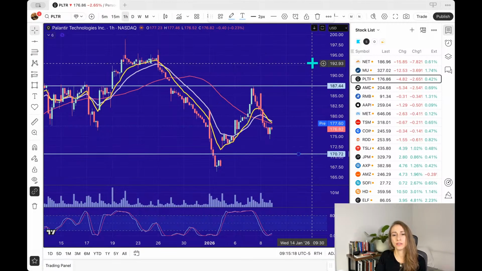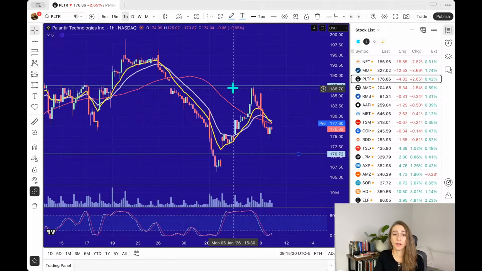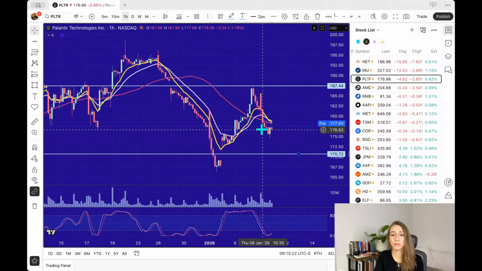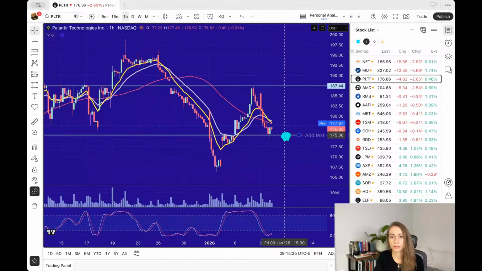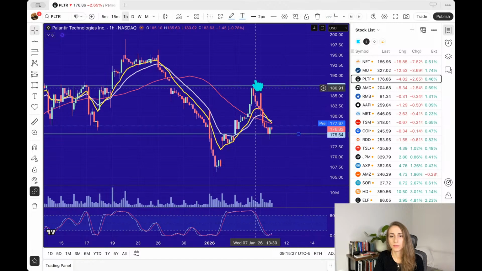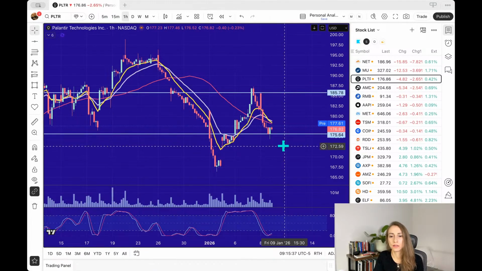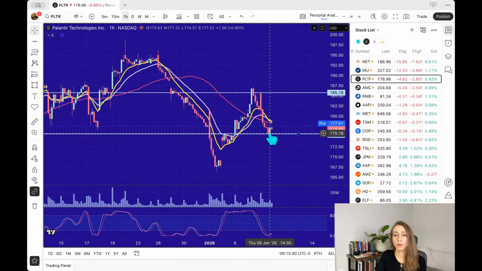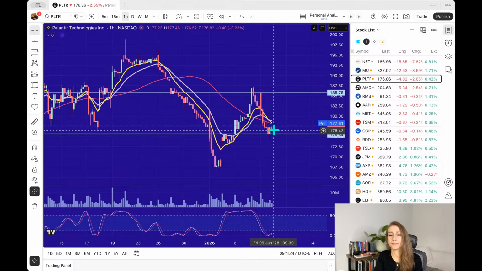If I'm going down to the hourly, if I were to trade this, right now you can see that I've got these above and below lines. I'm actually going to bring this here because this is the movement from yesterday. It started here. So if I'm trading to the upside, I want to make sure to start my trade here. And this actually looks like it's trying to build a little base here. So we may see a few candles going sideways before it goes up.